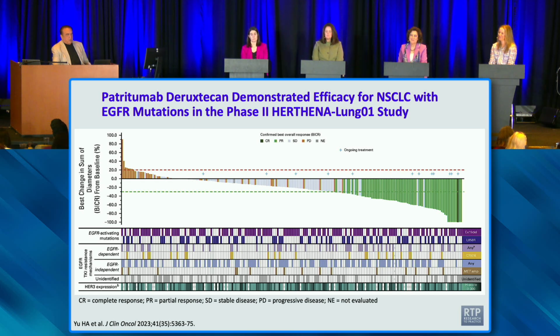On the top there is the so-called waterfall plot. Each one of those sticks is a patient and represents which way the tumor goes. If it goes up, it means it's increasing in size. If it goes down, it means it's decreasing. Waterfall plots like this, where in most of the patients the tumor is going down, is what we like to see. And then you can see how they try to correlate it with what kind of mutations they have. Erika, anything you want to say about the waterfall plot, how you look at it, and even how you explain it to a patient?